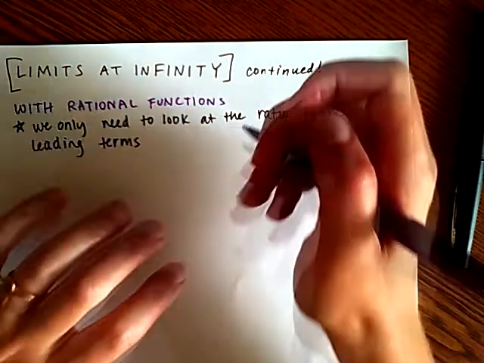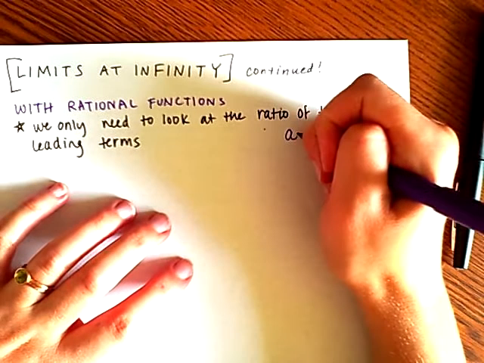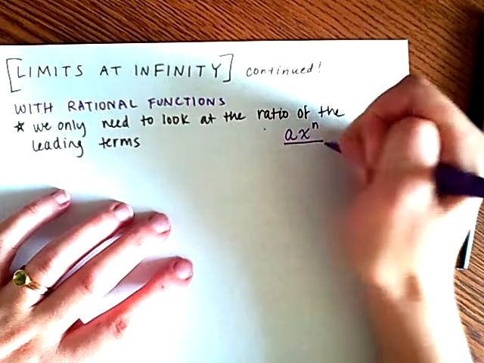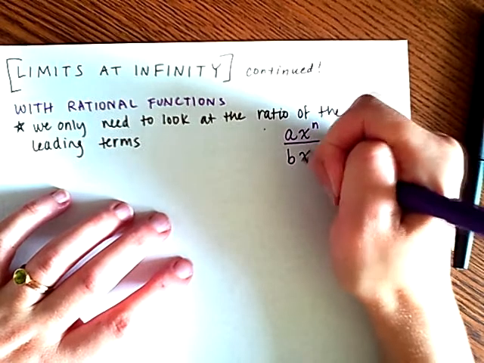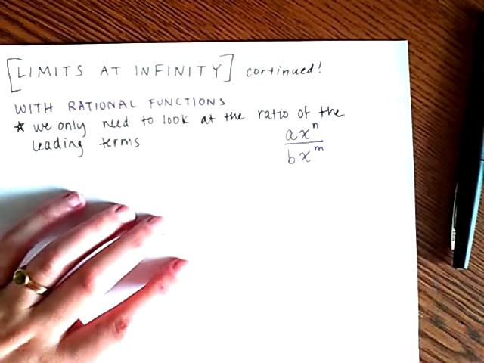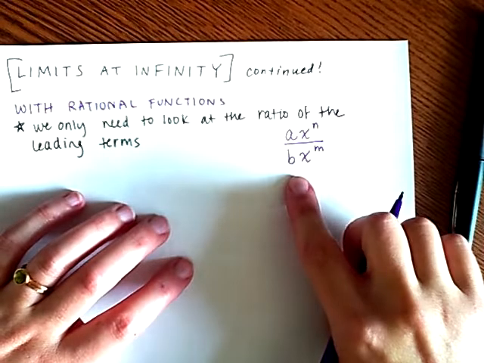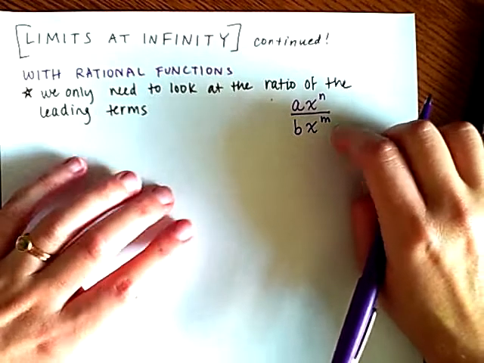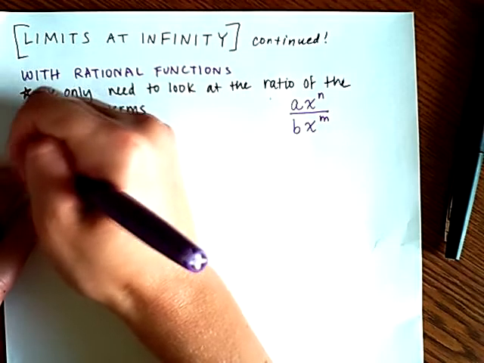So we're going to be looking at things of the form like some coefficient times x to some power divided by some other coefficient times x to some other power. We're going to be using this form. I'm going to be talking about the exponents n and m, so keep that in mind. Our first example here